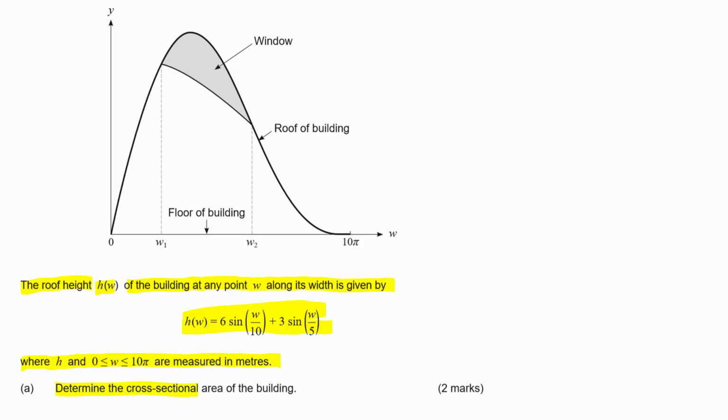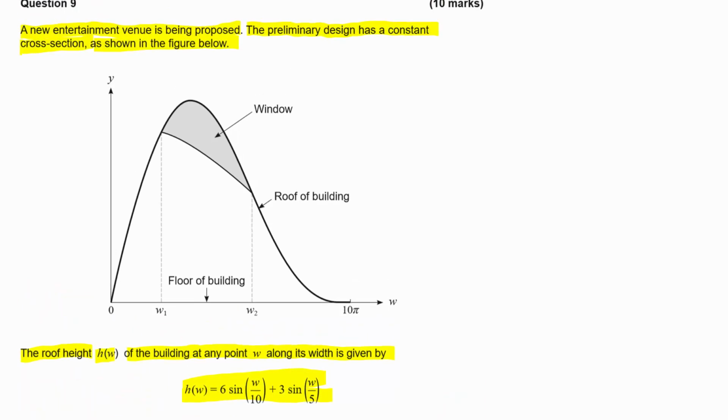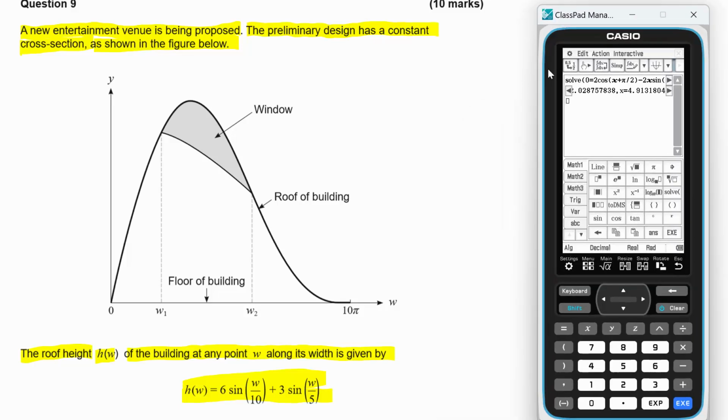We want to determine the cross-sectional area of the building, and note this is just 2 marks, so this is almost certainly expected to be done just using the CAS. So I'm just going to clear the stuff from the last question. It's a good idea to clear variables, but I didn't mean to hit that button. And